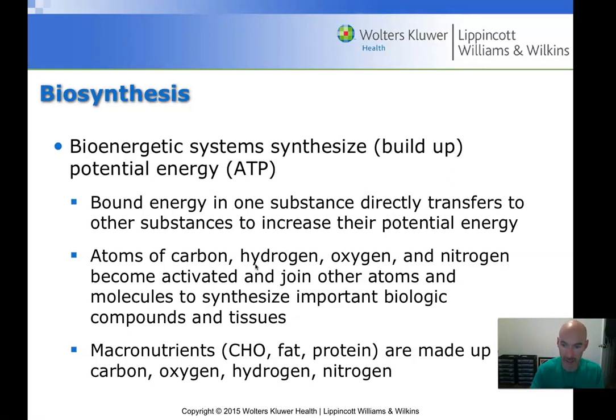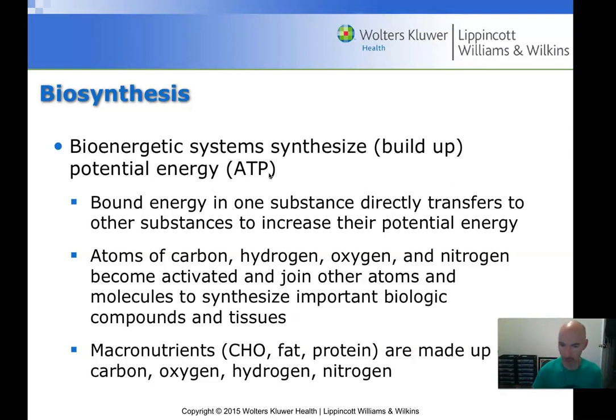And as our energy systems break apart those bonds, the electrons are released, and we are then able to synthesize, or, again, build up ATP, which we can either store for later use or immediately use if we are exercising. We only store a very small amount of ATP. When we're exercising, though, our energy systems really start ramping up production. ATP is produced, and then it is immediately used to fuel whatever movement we're doing, be it running, lifting weights,